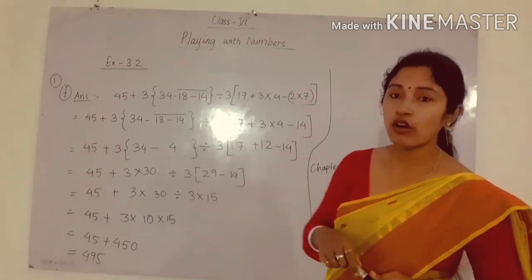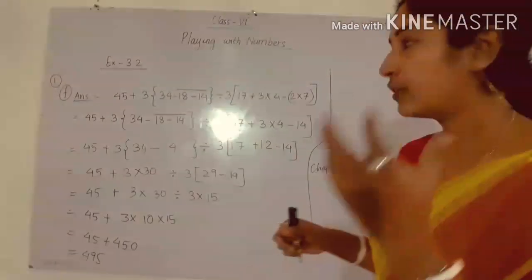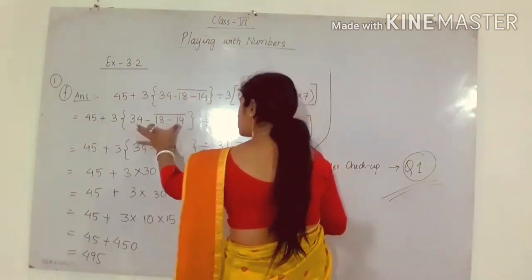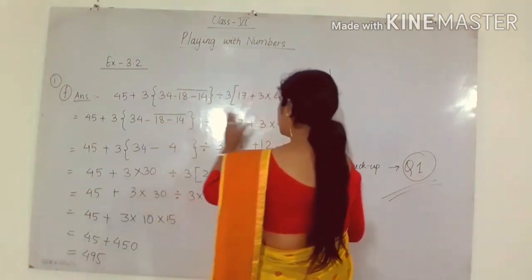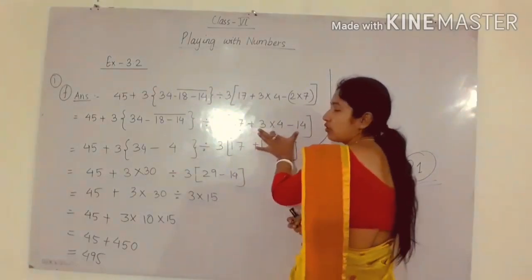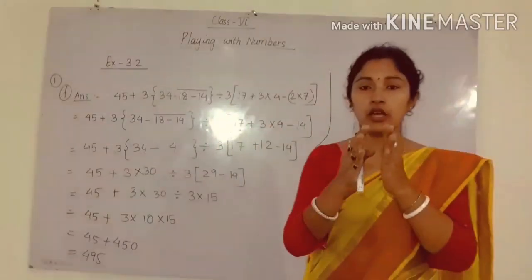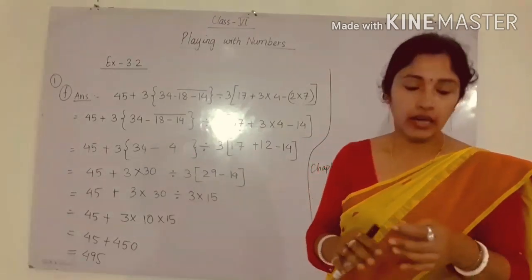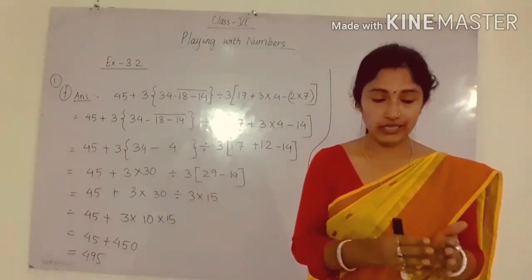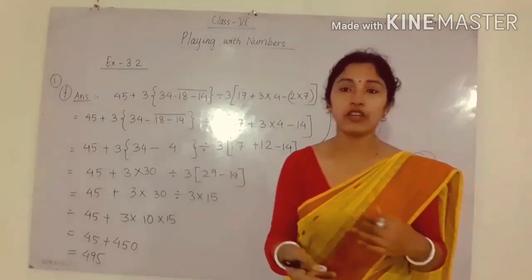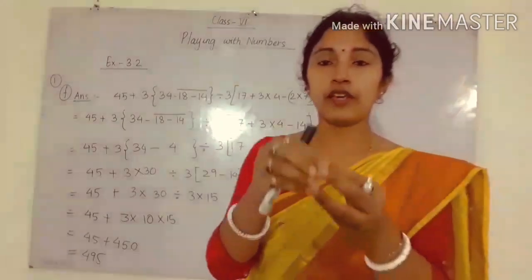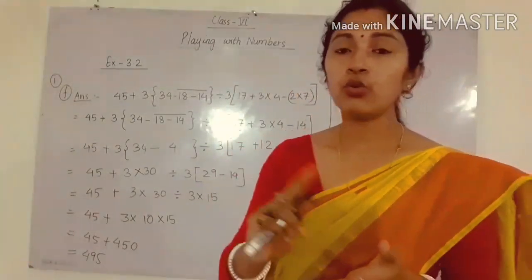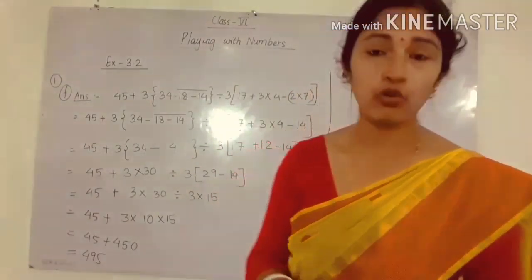Steps will go on like this. So you have to solve simultaneously, since these two brackets are separated by the division symbol. Solve this bracket, and side by side solve this bracket also, because the brackets are separated by an operation. Like in the previous question, you can see the difference between the two questions. In the previous question we had one bracket inside another bracket. So the two questions are different. That's why I am doing this question.